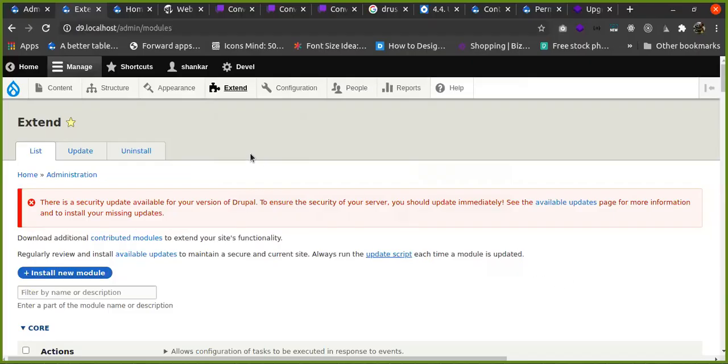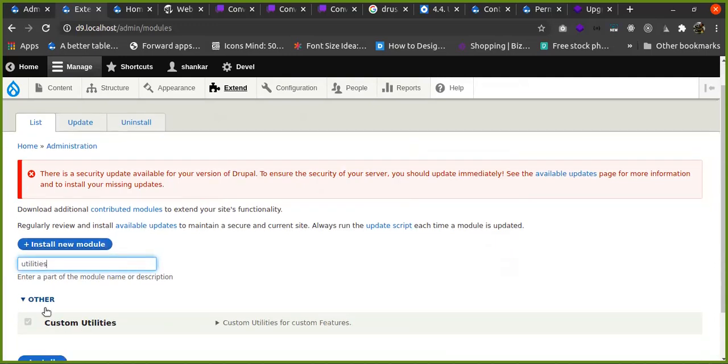Currently I am in Drupal 9.localhost, which is my local setup. It takes more time when the page loads, so I am not able to do any page load. Let me show you the module here. Once the .info file is there, the module will be listed in this extend page.